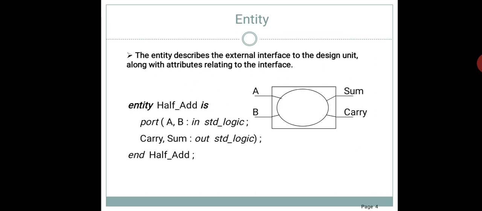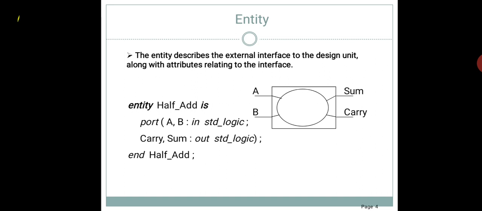Here we have given half_add, then the keyword is, then port and open bracket. A and B are the input standard logic and sum and carry are the output standard logic, and the entity should be ended by closing the bracket and then giving a semicolon, and end the entity named half_add. So in this way we can define the entity.